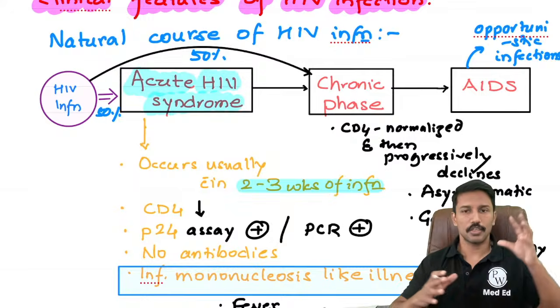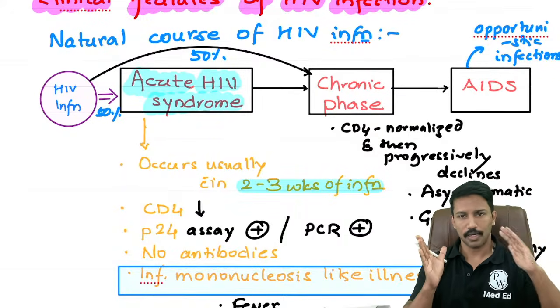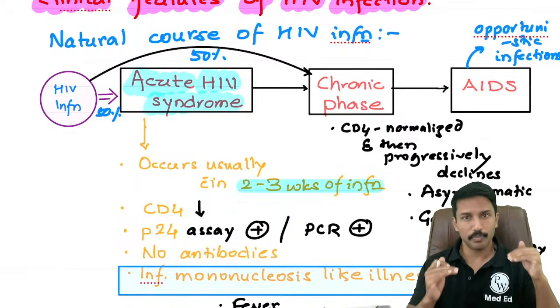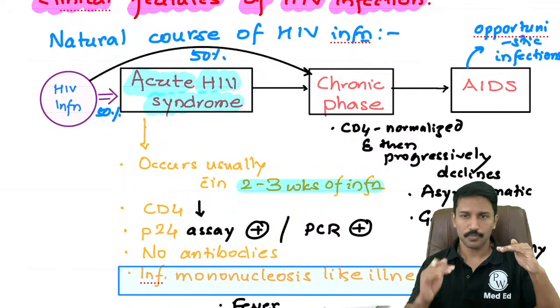So to summarize, what is it? You have HIV infection. Half of the patients will develop acute HIV syndrome. The other half do not. But both of them will become chronic phase HIV patients, during which the CD4 count goes down and the HIV